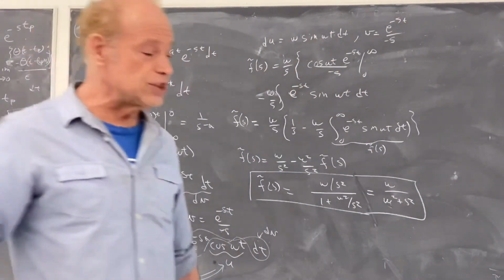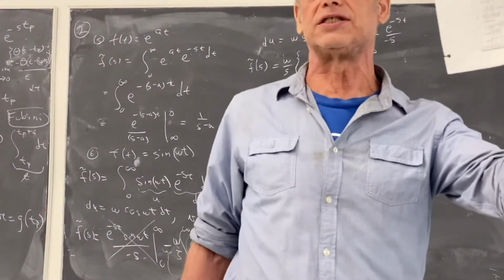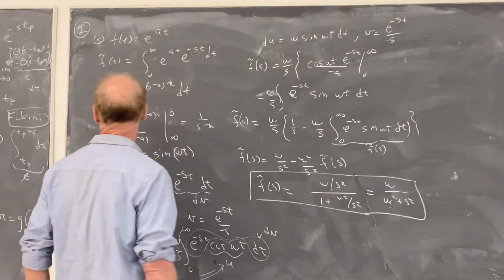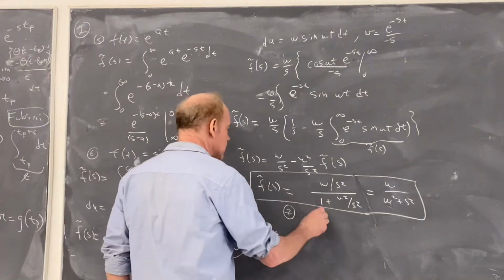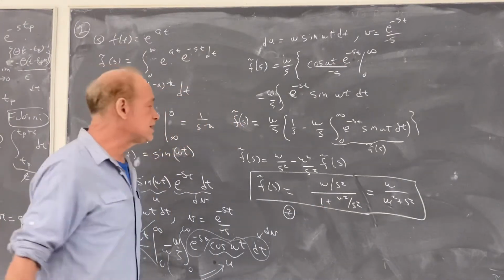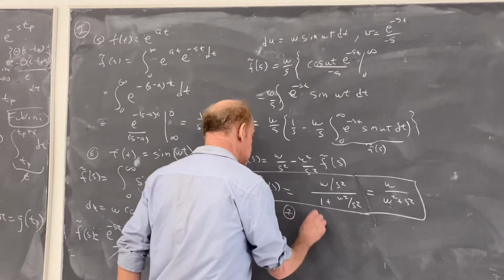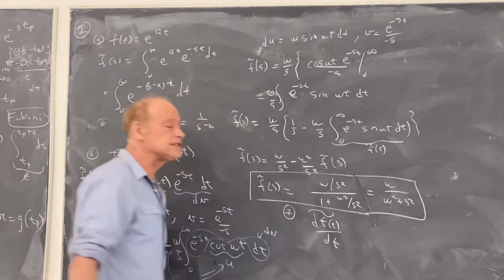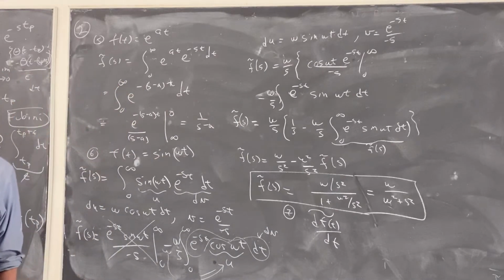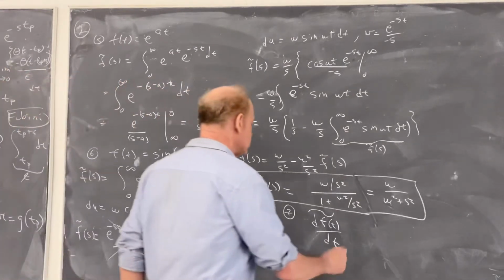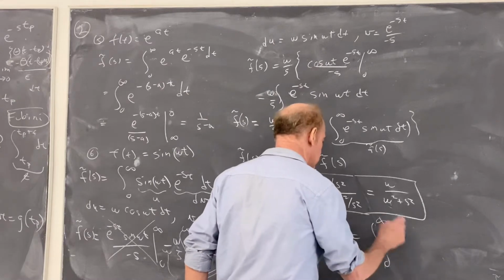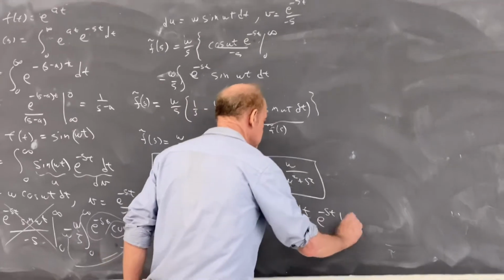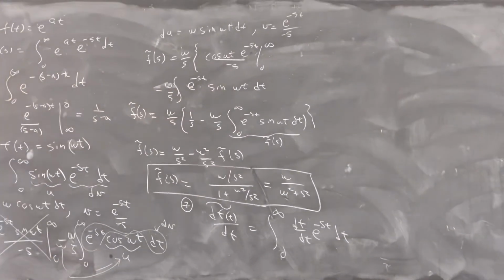And of course, we've just proved a handful of the ones on this sheet. You can prove them all. Let's do the more fun ones. Number 7. Let's look at the Laplace transform of df/dt. So take a Laplace transform of the derivative. That's equal to the integral from 0 to infinity of df/dt times e to the minus st dt, for f any old differentiable function.